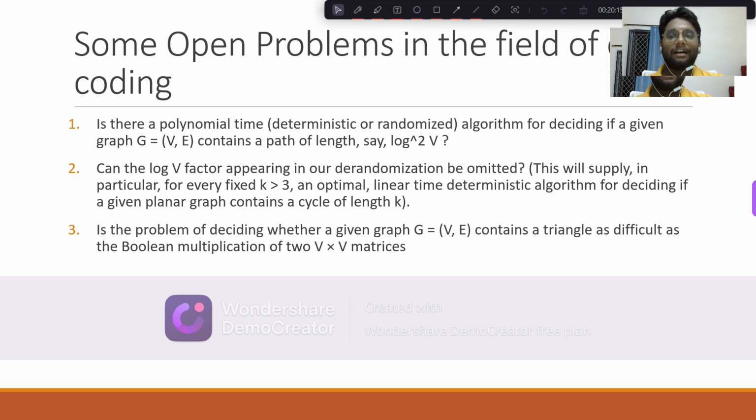The other one is, is the problem of deciding whether a given graph G of V comma E contains a triangle as difficult as the Boolean multiplication of two V cross V matrices, pretty straightforward in its sense. So the whole thing, when I was researching on the subset sum,